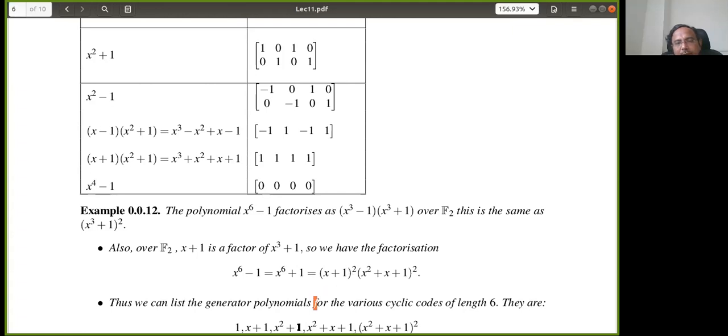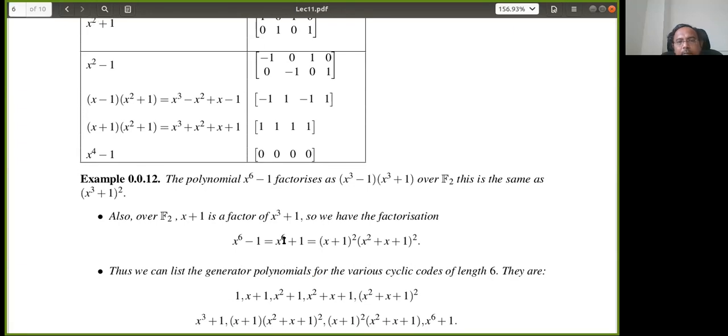So when x square plus 1 will come, here there is no x square plus 1, but I have written x square plus 1. Why did I write it? Somebody? Sir, x plus 1 whole square is x square plus 2x plus 1, but 2x is 0. That's why I wrote it, I am working in F2. In F2, 2x is 0, so the characteristic is 2. Right? Now here 0, here 1. So in total we have 9 polynomials.